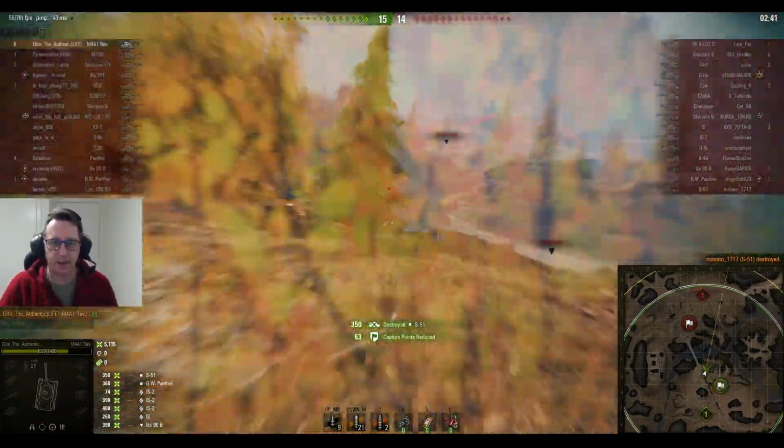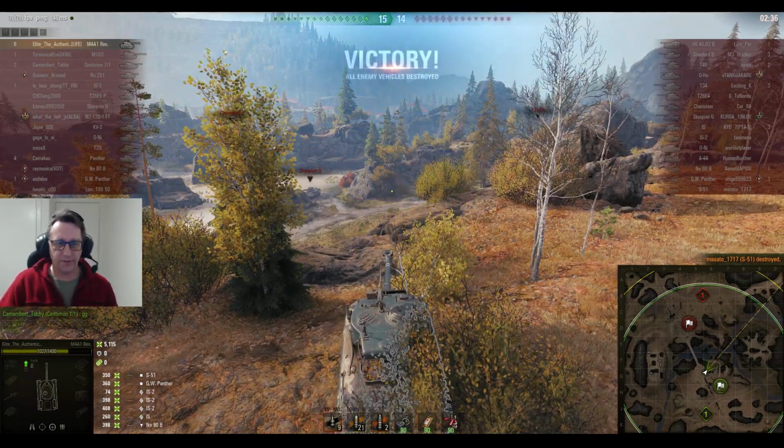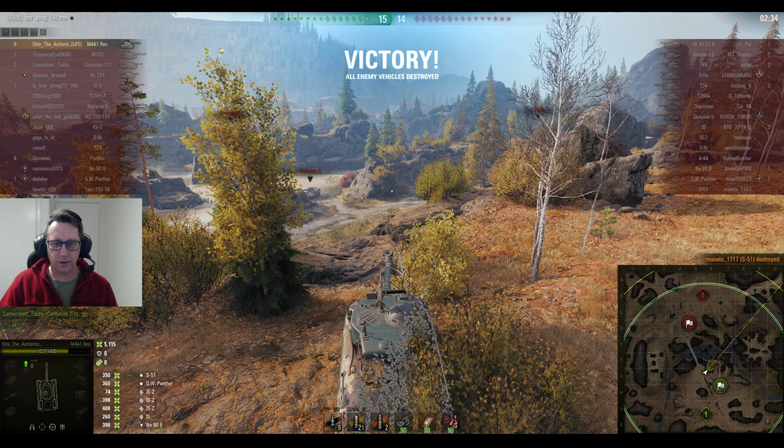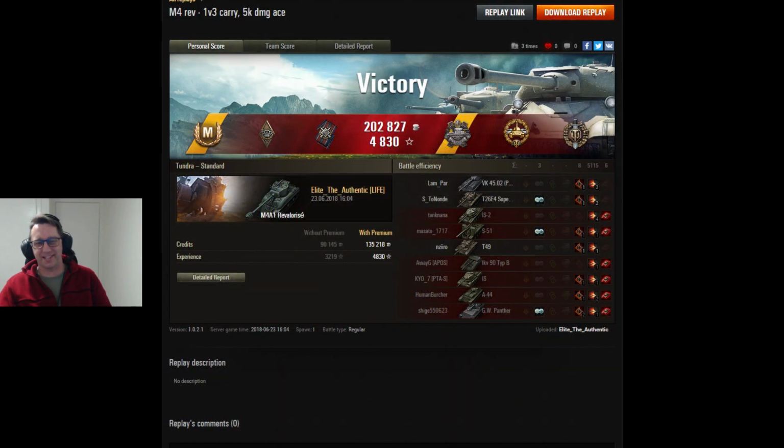Picks up the top gun, pulls it back from I think it was 5 tanks down, over 5,000 damage, 6 kills. Elite the Authentic from, I nearly said from Crazy Clan. That was a long time ago, but Elite the Authentic from Life Clan, showing that he knows what to do in the M4A1 Revalorise, the Tier 8 premium medium tank that doesn't have any armor, but it's got a pretty good gun. Ace Tanker Mastery Badge, Bruiser, 5 for effect, Pascucci's for killing those 2 artilleries at the end,